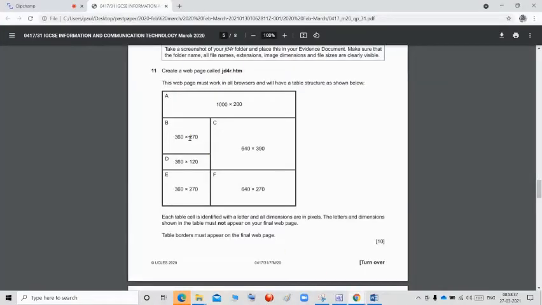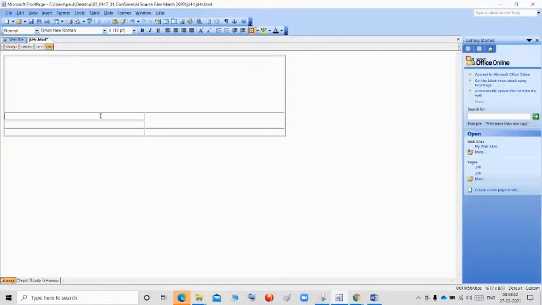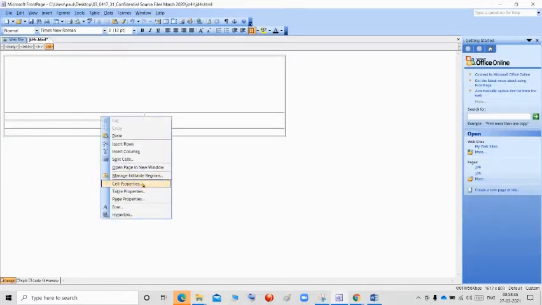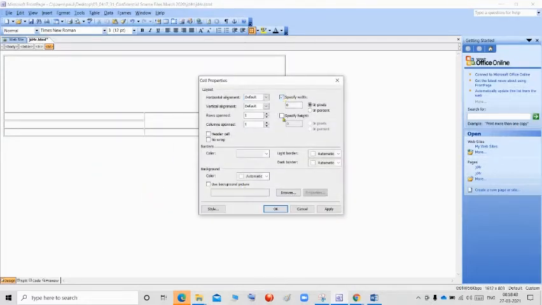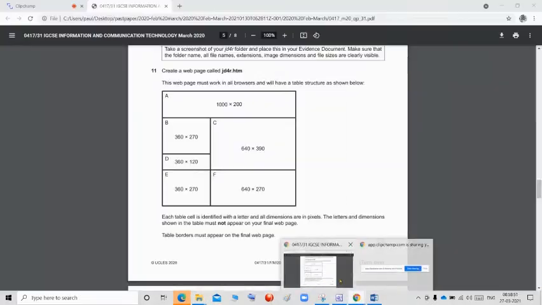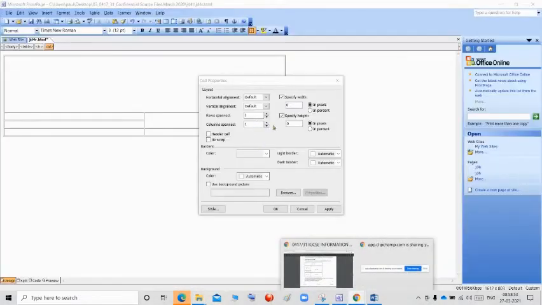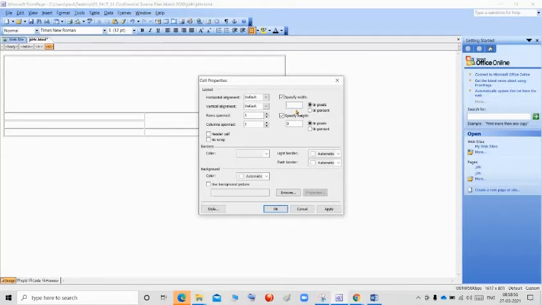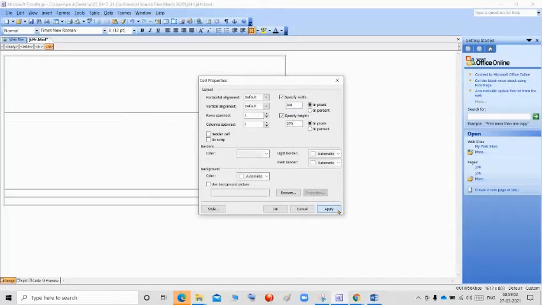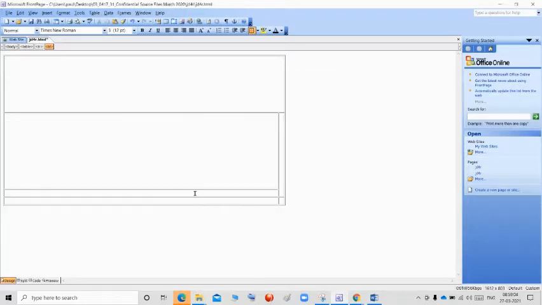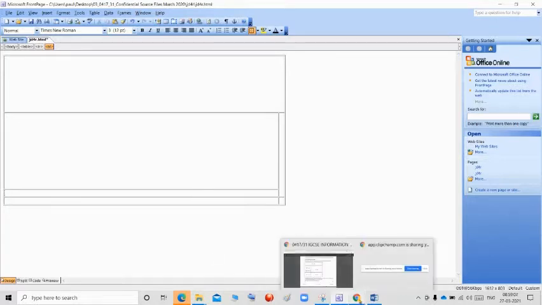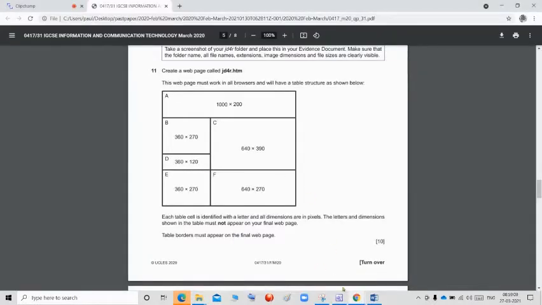The second one they are giving 360 and 270. So select the second one, select the cell properties and select the width and height, and check what they are giving. 360 and 270. So I'm going to give 360 and the height should be 270. Apply, click OK. For the next one down, I'm going to give 360 and 120.